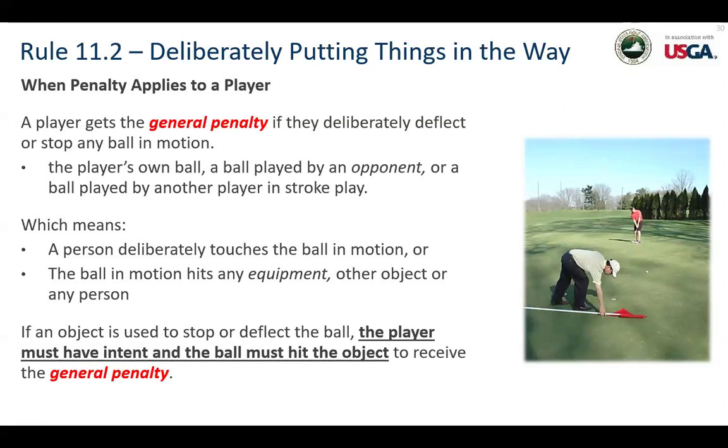The player would get a general penalty if they deliberately take an action to deflect any ball in motion. Doesn't matter if it's their own ball, an opponent, or another player in stroke play. So they actually have to either touch the ball that's in motion or it hits any equipment or other object that the person put into position to deflect that ball. And in this case, there's two things that have to happen. The player must have intent, so it's not an accident. It's very deliberate, and the ball must actually hit the object in order for that player to receive the general